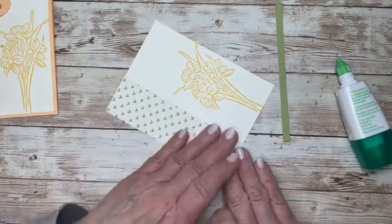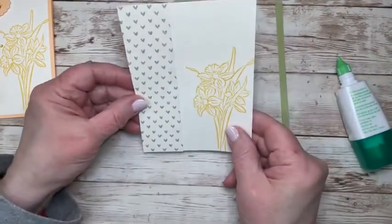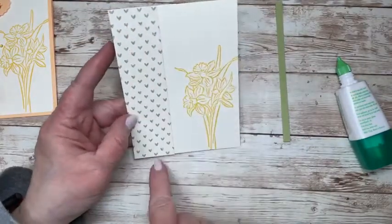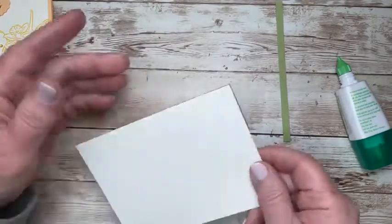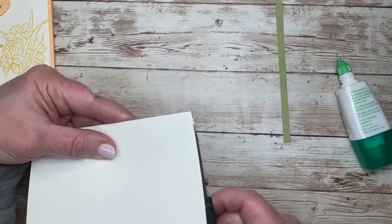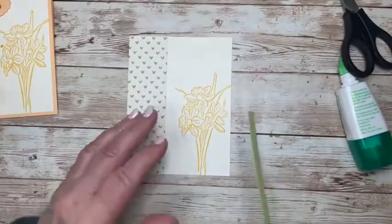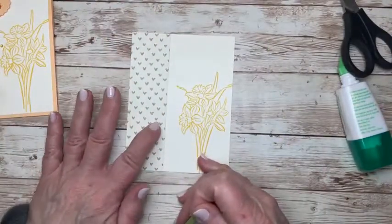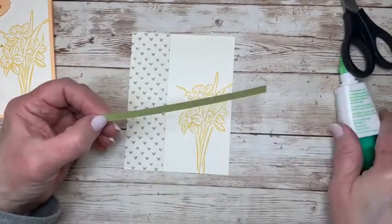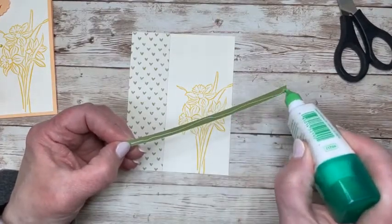I know I usually am the basic white kind of gal. So anyway, I put that strip, which is 1 1/2 by 5 1/4. Now it looks like I cut it a little long, so let me trim this off at the bottom. I have a habit of doing that. There we go. Now it's nice and even. Because I felt like that was almost too much vanilla color, I have this strip of Pear Pizzazz, just 1/4 of an inch wide, 5 1/4 long. I'm just going to put a string of